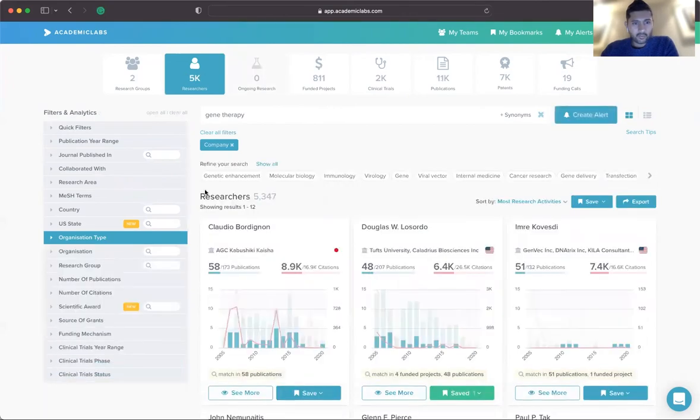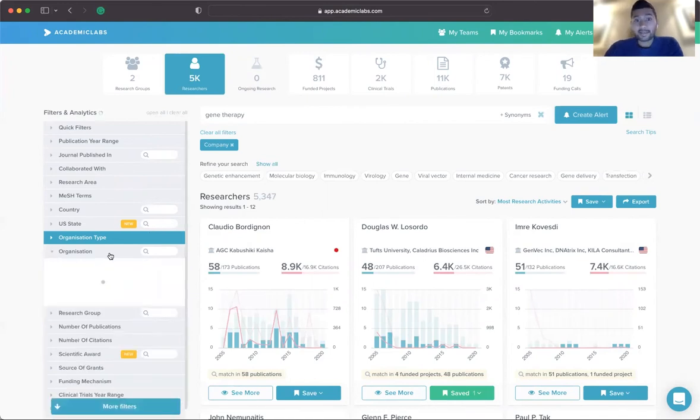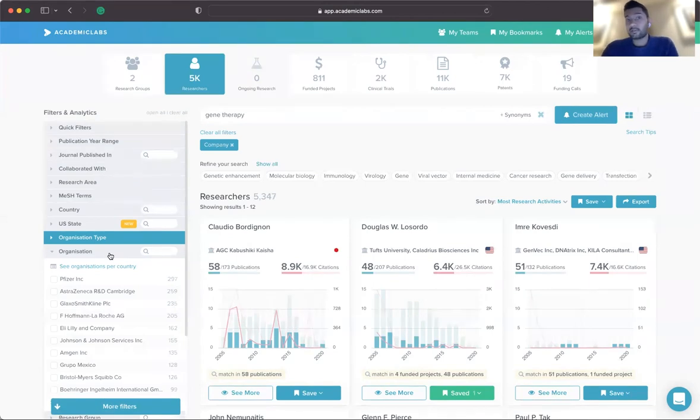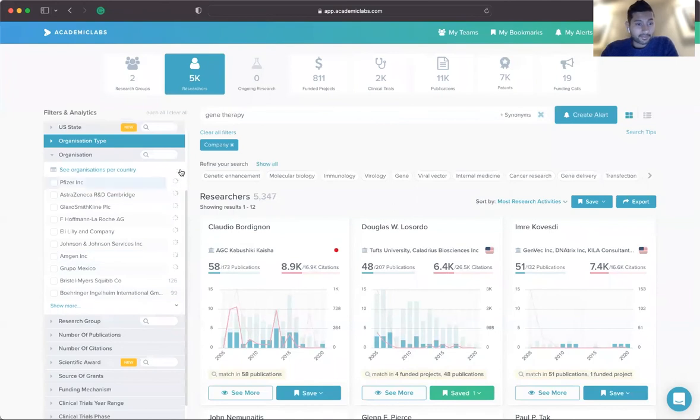And immediately you go from hundreds of thousands of researchers to 5,000 researchers that are working at companies or working at universities and affiliated officially with companies. In this case, you see the top 5 companies that have researchers working on your topic. In terms of volume of researchers, it's Pfizer, AstraZeneca, GSK, Roche, Eli Lilly, J&J, and so on. So that's a quick analytics that you can get out of your topic.